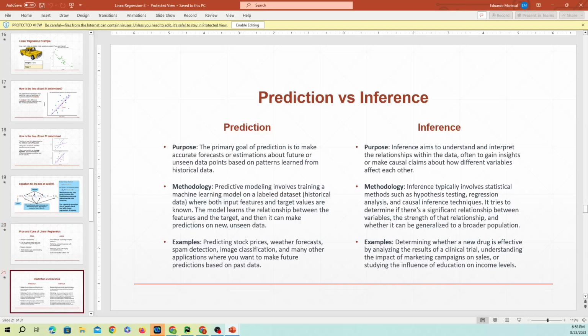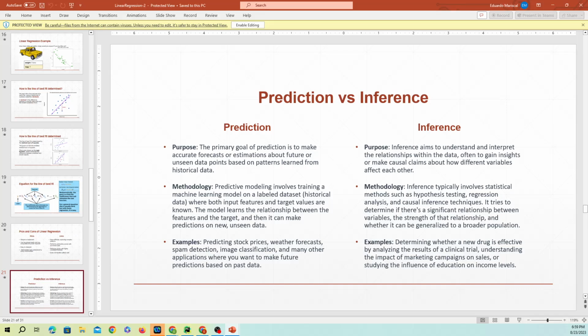You're going to collect your data, choose your model, train your model, and then you're going to use your model to predict whatever thing you're trying to predict, right? So that's your prediction. That's what prediction does. You're trying to predict or forecast what is going to be the cost of your house